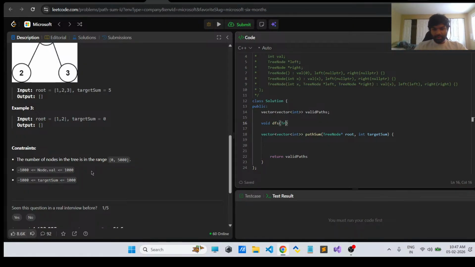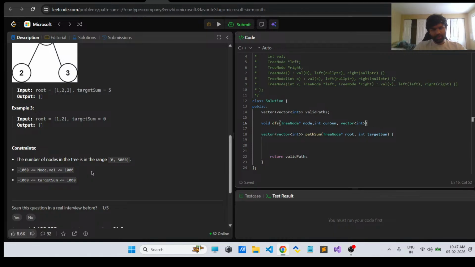So let's have TreeNode star node and int current sum, yeah, current sum, and vector int